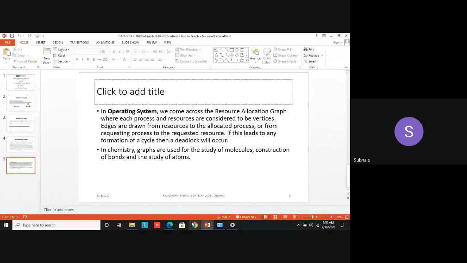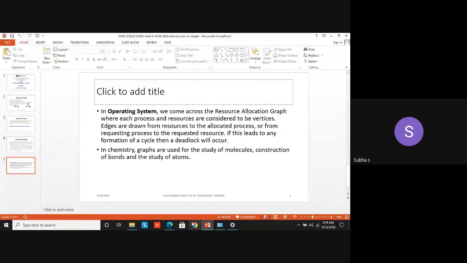Next, in operating system. You will study this paper in detail in the 4th semester, but you are familiar with this word. Operating system is nothing but the interface between whom? Between the user and the computer. Very simple definition. It acts as an interface between software and the hardware. Without OS, we can't execute any program at all.